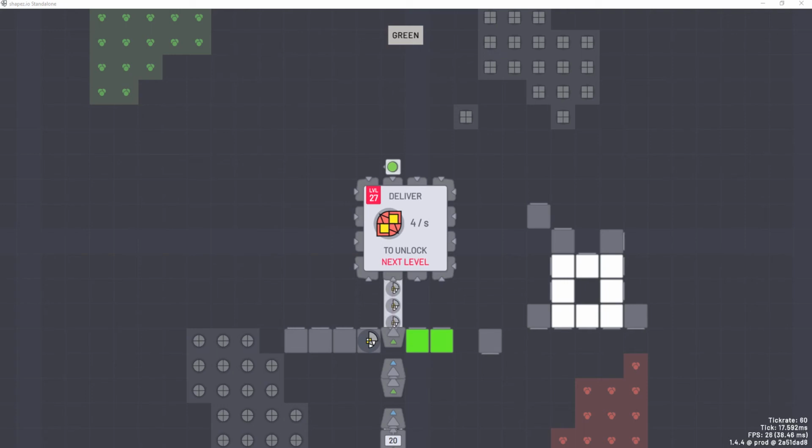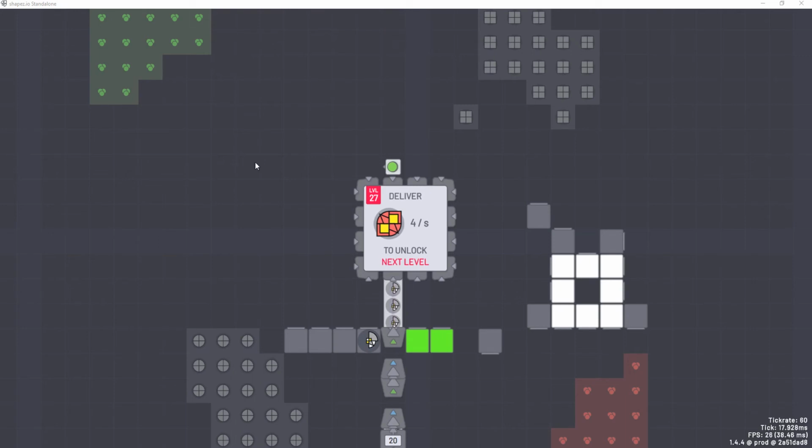Each virtual unit, whether it be an OR gate or any other gate, a virtual unstacker or cutter or rotator, you name it, each one of them requires one tick to process its input and provide an output. And therefore, since Shapes.io is incredibly scalable, the bigger you build your modules, the more of those ticks will accumulate. Eventually, you'll reach a point where the processing delay of your virtual modules becomes measurable in seconds. In other words, the bigger you make your wiring modules, the slower